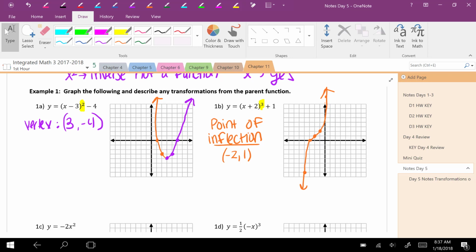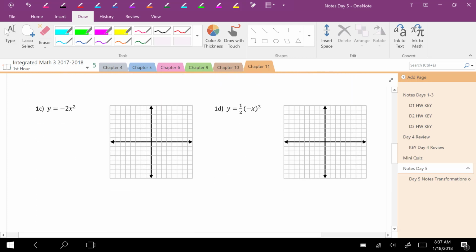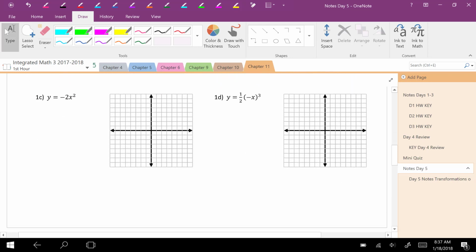Now here's kind of where it gets a little tricky because we're going to be stretching or compressing. But let's first talk about this. What does this negative out in front mean? It's going to be reflecting over the x-axis. What about the 2? Stretch by 2. So is that really going to be affecting my domain at all here? No. But it's going to be affecting my y values